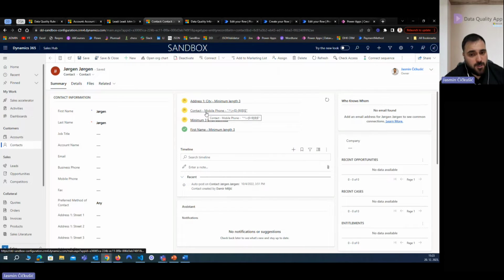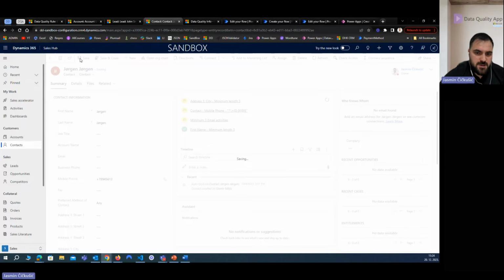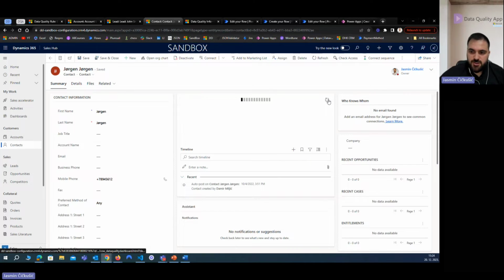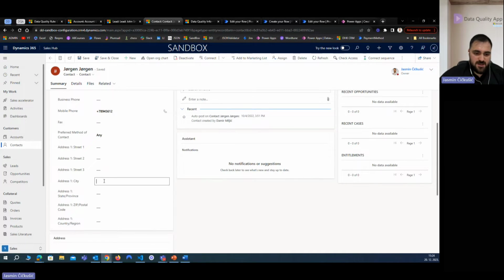Look at this. We have created a regex formula here that this phone number, mobile phone, needs to be in this format, plus then 8 characters. Only then is it valid. Why? Because in those emergency scenarios, we want all the information to be valid. So when you get information in a Power App, you need that to be correct so you can react in no time. So if we just refresh this, then I know I fixed that. So if I go now here, just one city, for example, let's just type in Berlin. If I save,